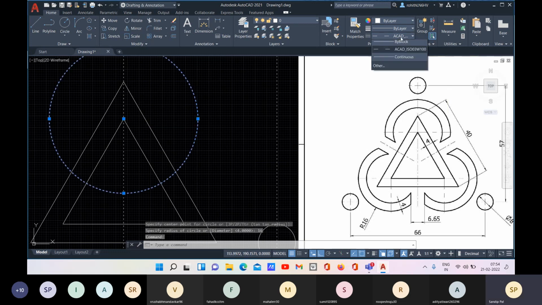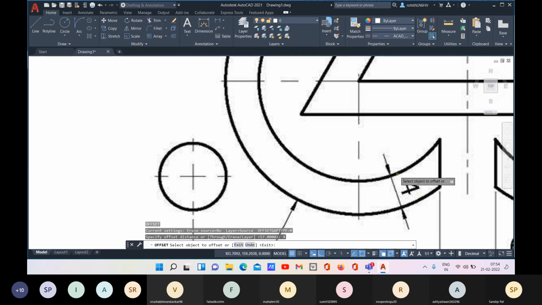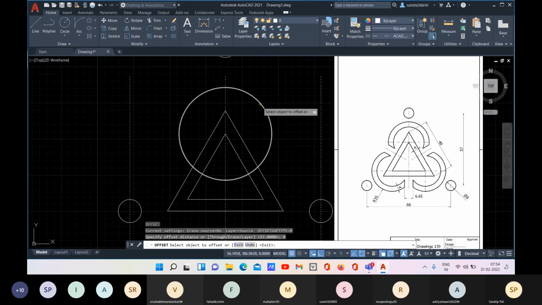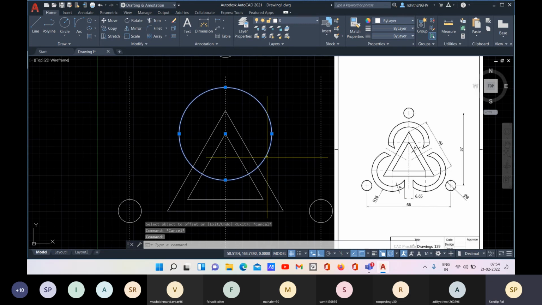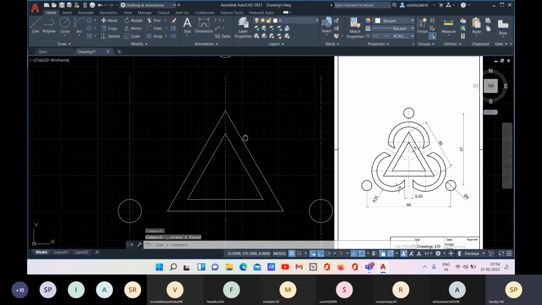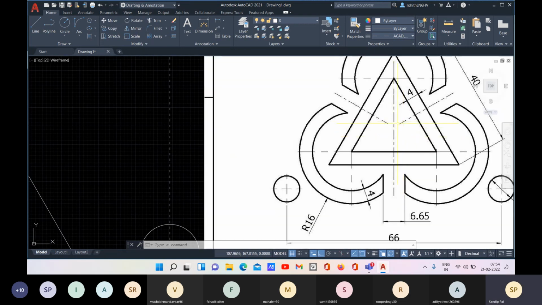Let me go with the bilayer, and then O, enter, offset, and the offset value is 4, as you can see here, right? So 4, enter. And okay, so rather than creating here, it will be better if you create to this side.